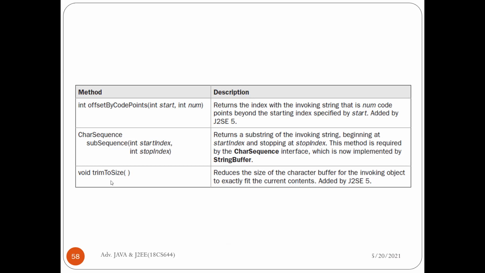In that case, we can use trimToSize so that whatever additional space is present in the string buffer can be released. So it reduces the size of the character buffer for an invoking object to exactly fit the current contents. So these are the additional methods provided in the string buffer class.